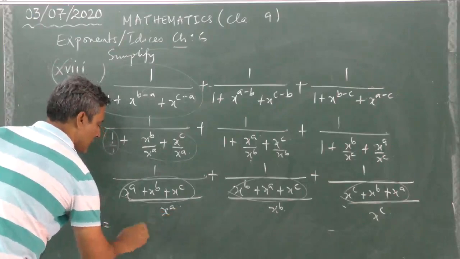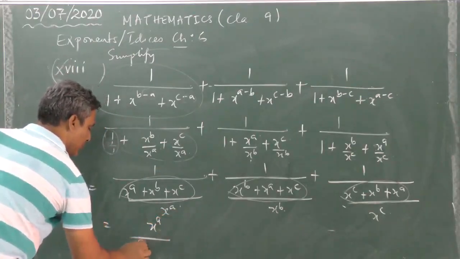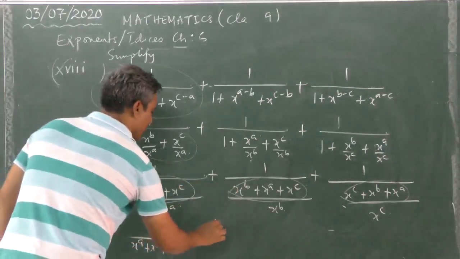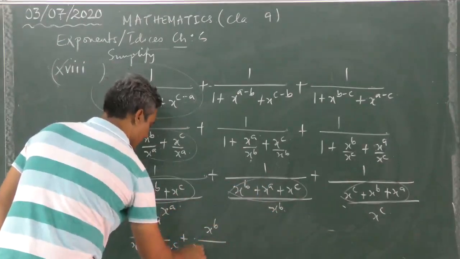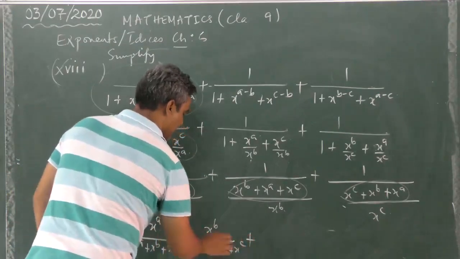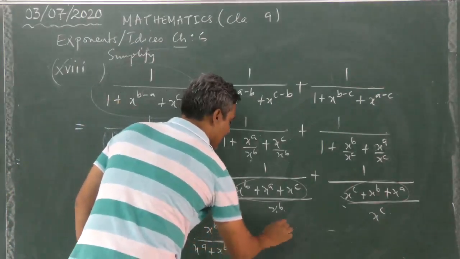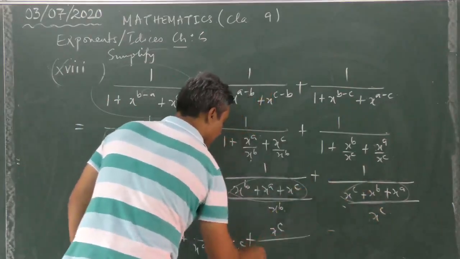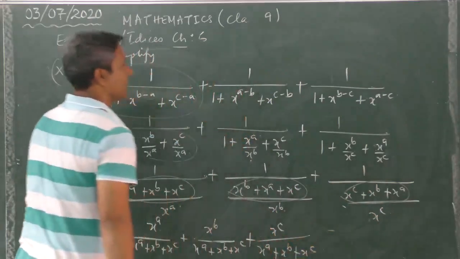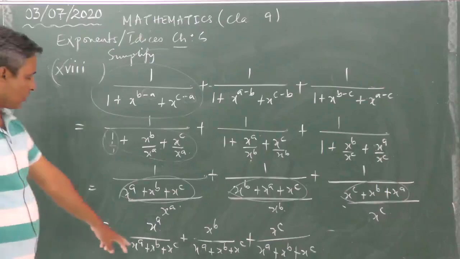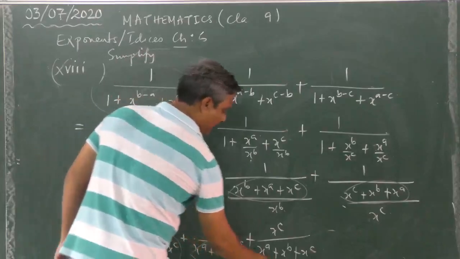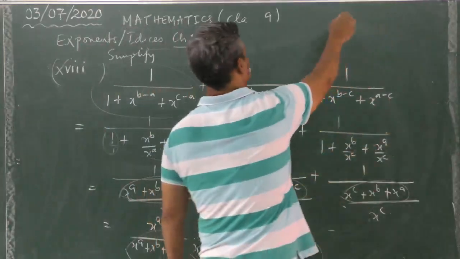x to the power of a. This one comes to the numerator, x to the power of a by x to the power of a, x to the power of b, x to the power of c, plus x to the power of b comes on top, by x to the power of a, x to the power of b, x to the power of c, plus x to the power of c from here will come to the numerator, x to the power of a plus x to the power of b plus x to the power of c. I have run short of place here, but you can see the denominator is common in all. And I am continuing to do it here.